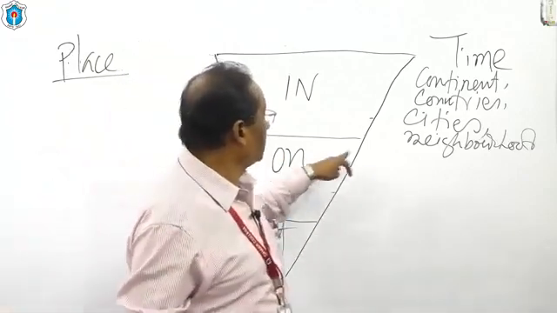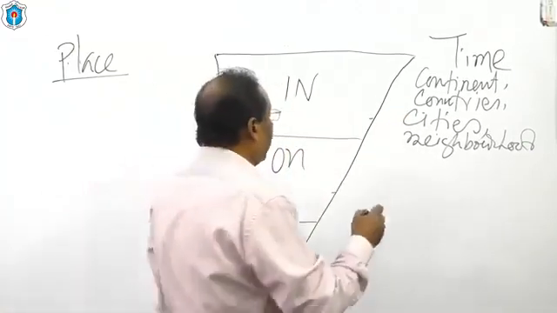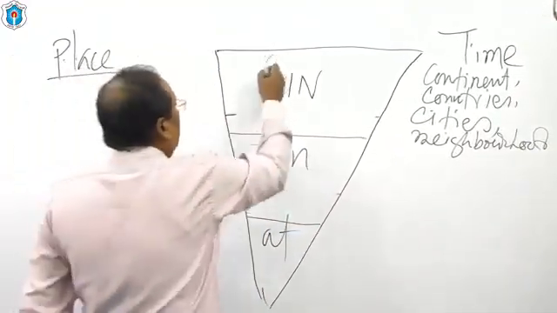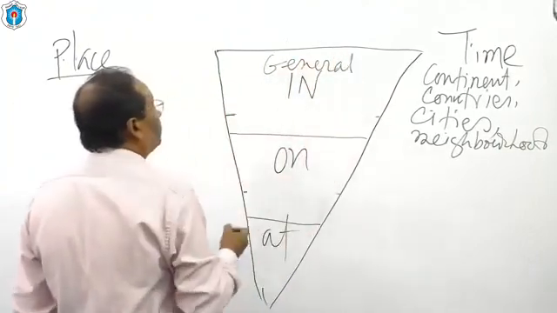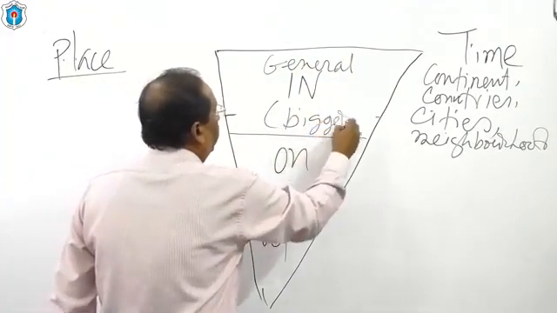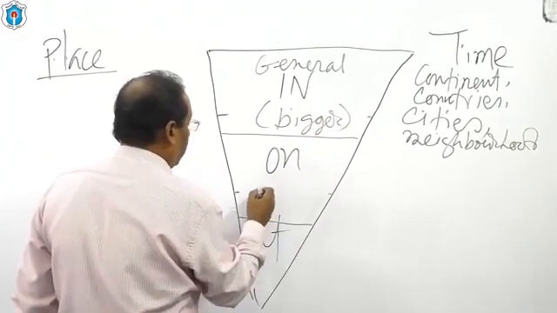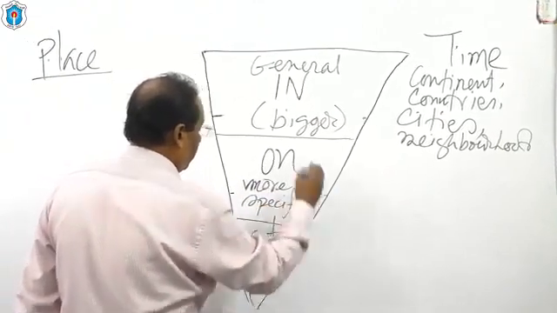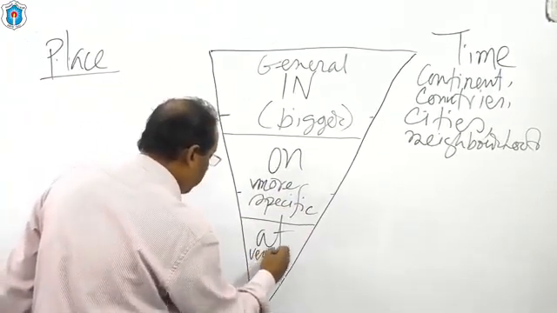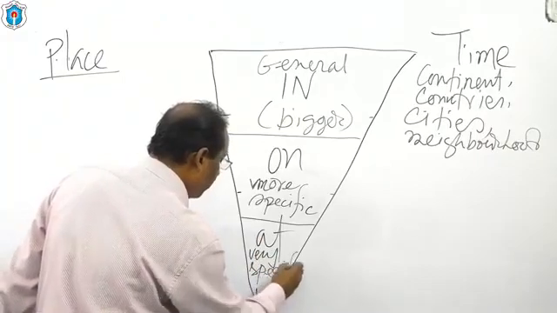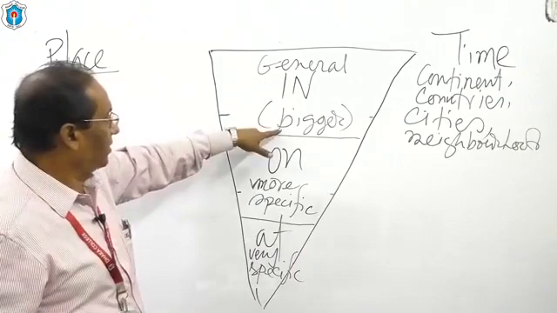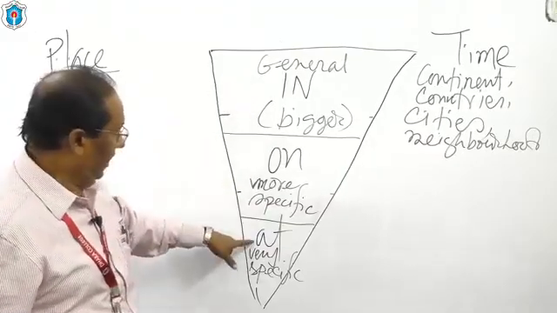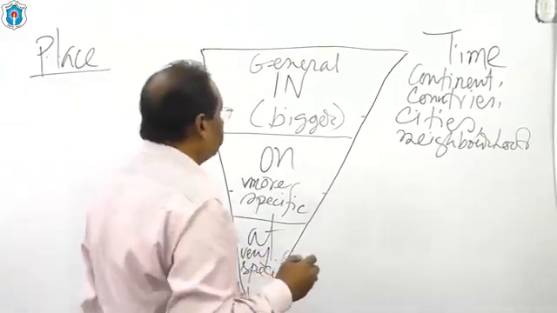On is used to mean the smaller. As for example, if I say place, in this case also bigger, and this is more specific. At, very specific. In is used to mean something bigger, on is used to mean something more specific, smaller, and at is used to mean very specific. Okay, now